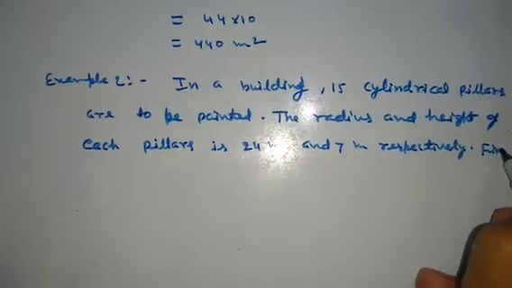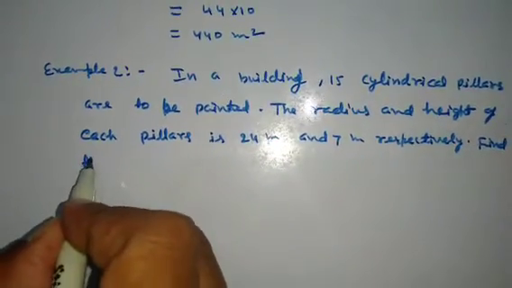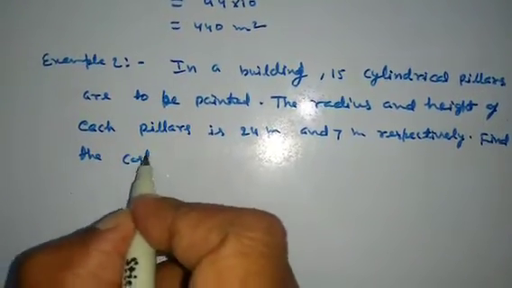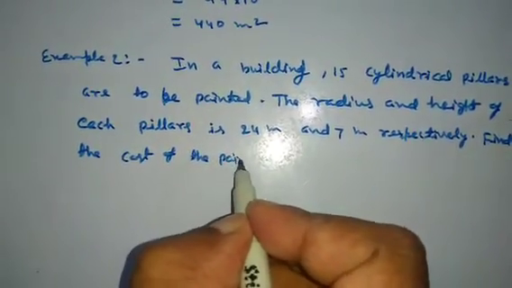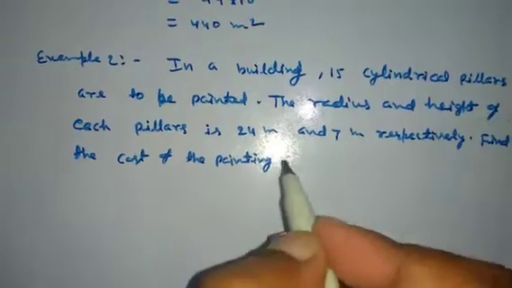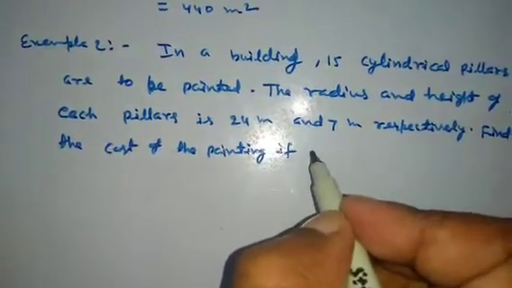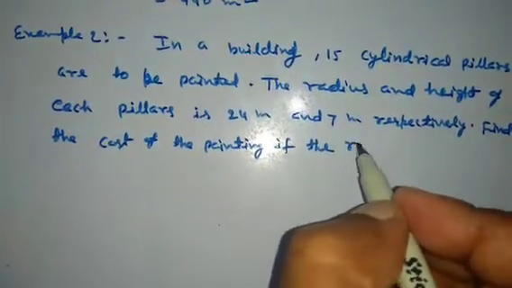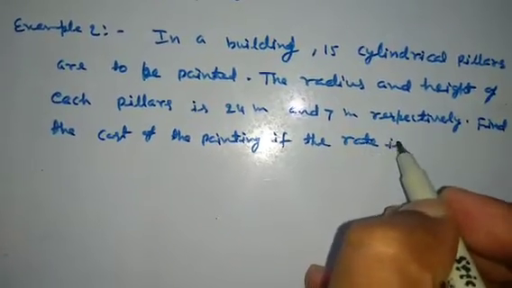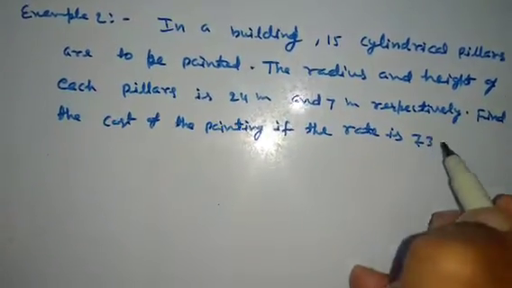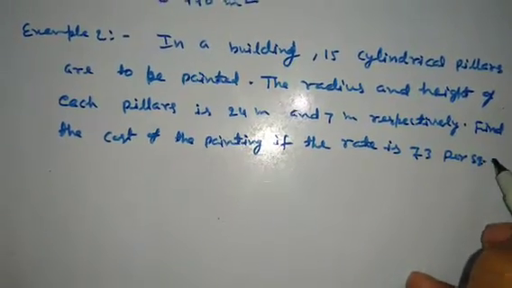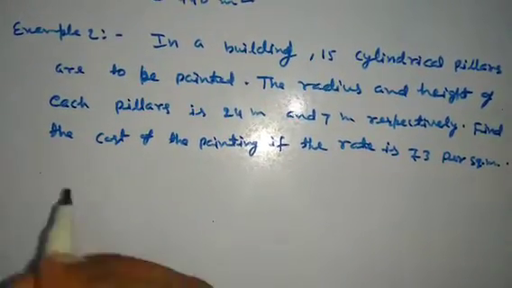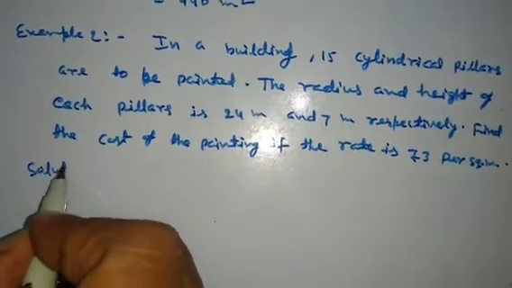Find the cost of the painting if the rate is rupees 3 per square meter. Solution: